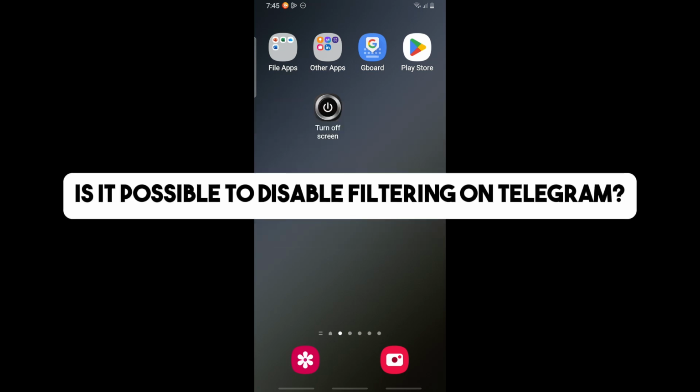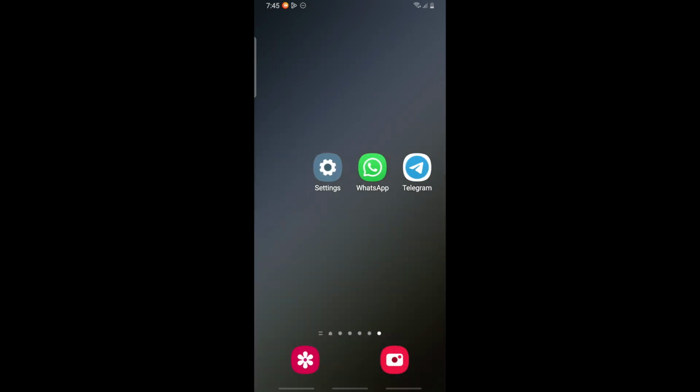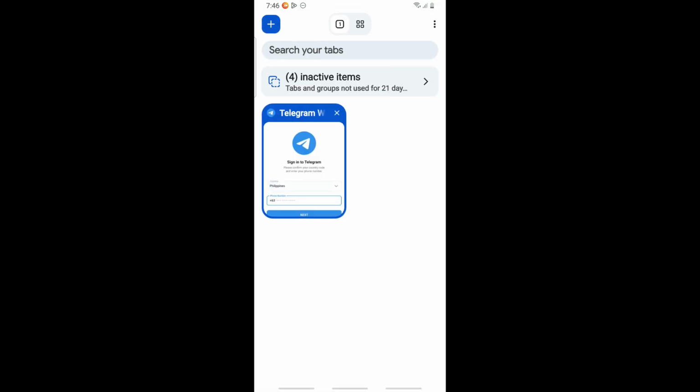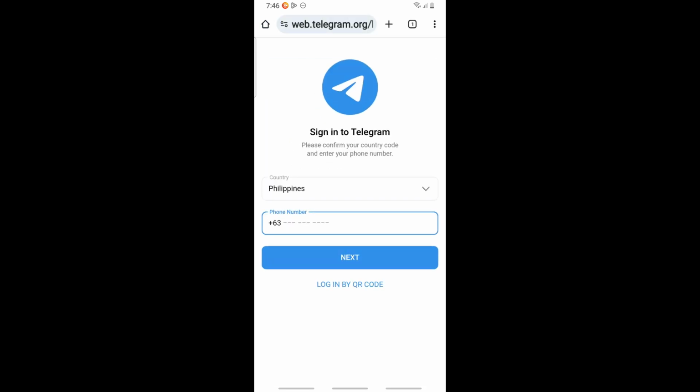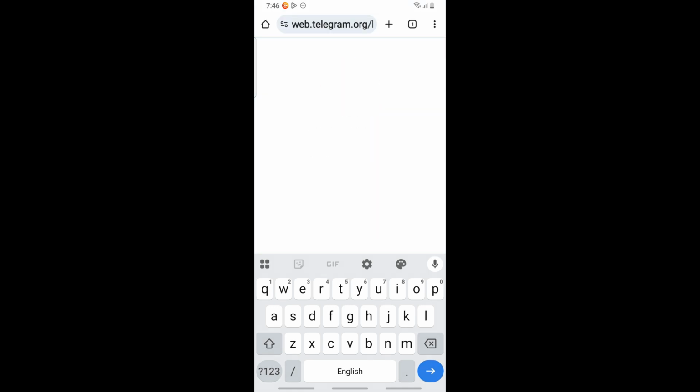Welcome. Is it possible to disable filtering on Telegram? So, guys, in order for you to do that, you have to do it on a web browser. Sadly, you cannot do it directly on the application. So, go to your Chrome or any web browser, and after that, just simply go to web.telegram.org, and now it